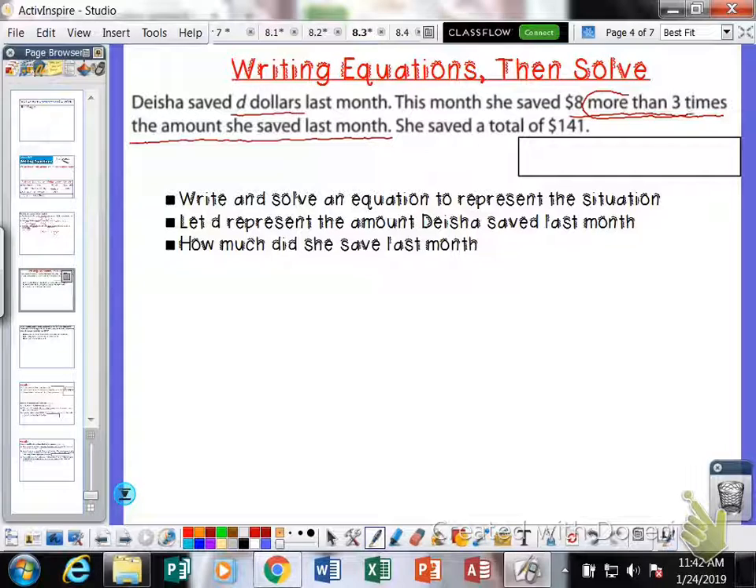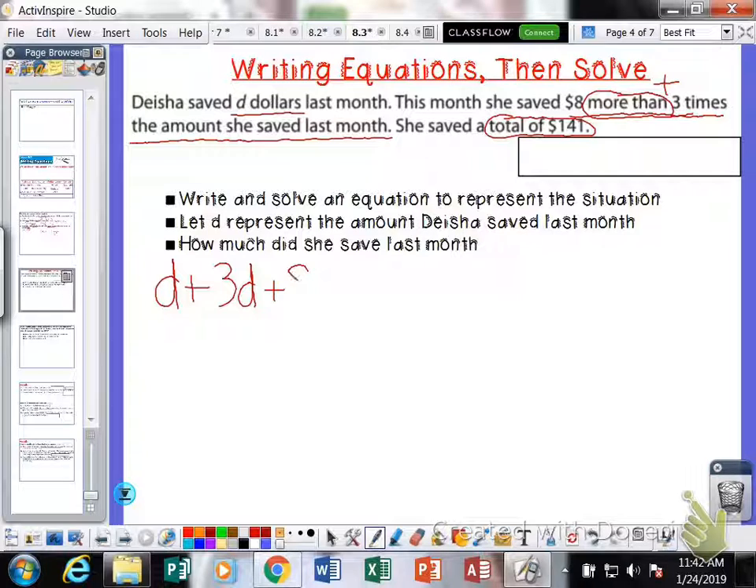We have more than here. That tells us that we're doing the operation of addition. And we know our total, it says right here, we have a total of 141. So our equation here would look like, we know she saved $D last month. This month, she saved 8 more than 3 times the amount she saved last month. So 3 times more than she saved last month would be 3D